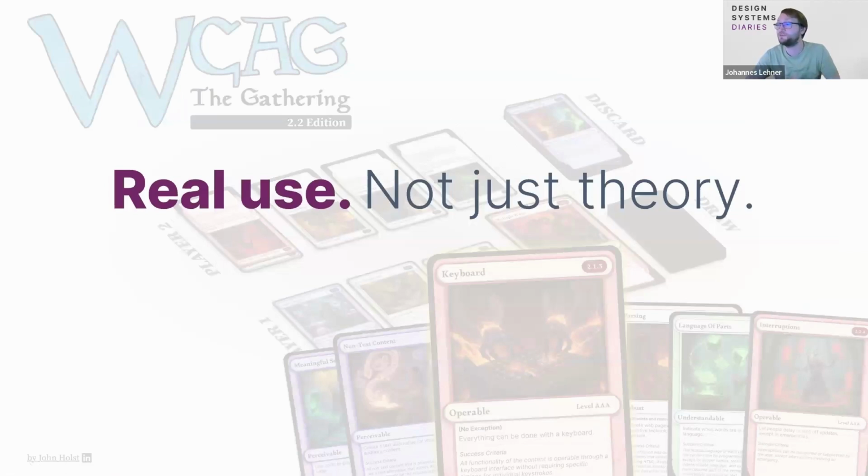In the background, you see a really fun version that I love, created by John Halls, based on my thing. And I'm also working on a really playful version. I don't know if there are any Magic the Gathering fans out there, but there will be a training version there. And it will be called WCAG the Gathering.